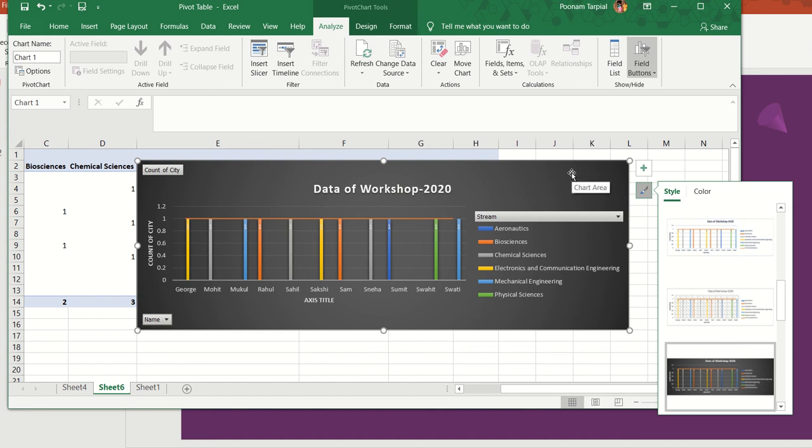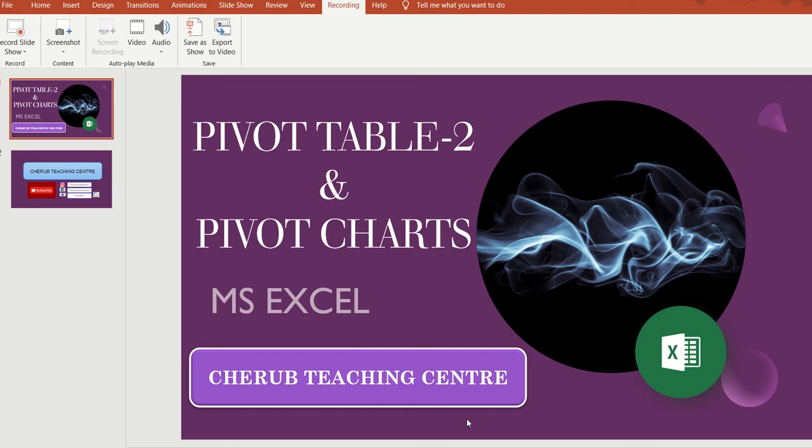Based on my pivot table, I can create a pivot chart, which would be easier for understanding for the management, or for preparation of a report for whoever you want to highlight it to. So you can go ahead, select your data, and automatically create a pivot chart out of it, which is going to be a pictorial representation of your data, easier for any other person looking at that data to comprehend and understand. So this was all I have designed for you today.